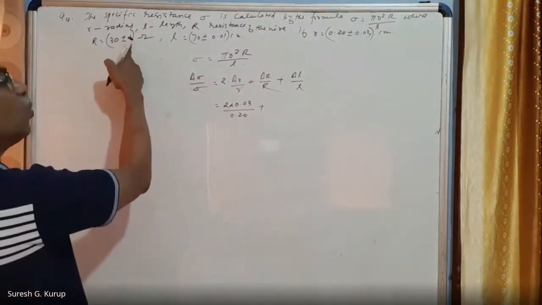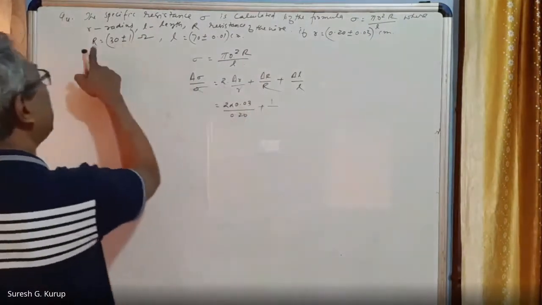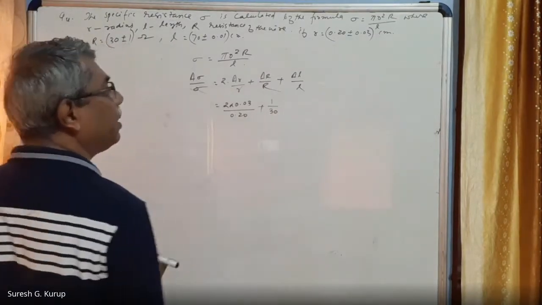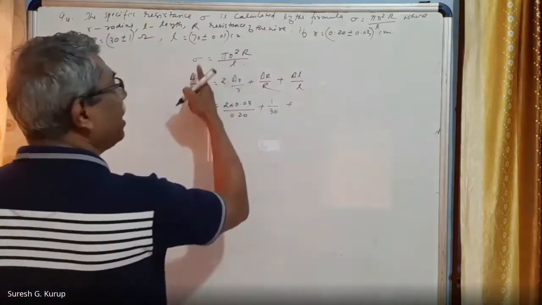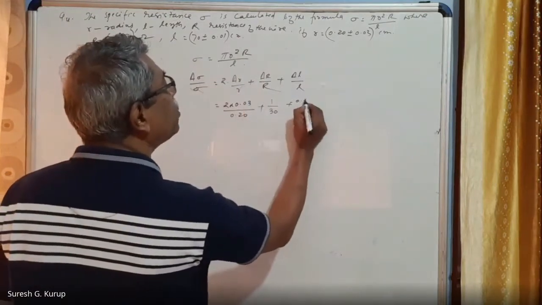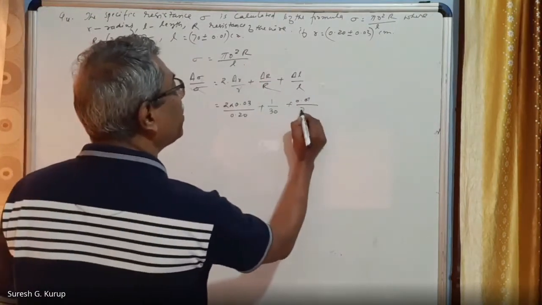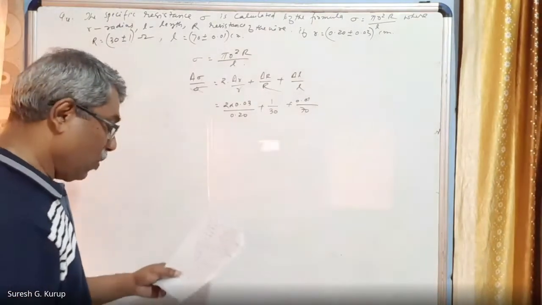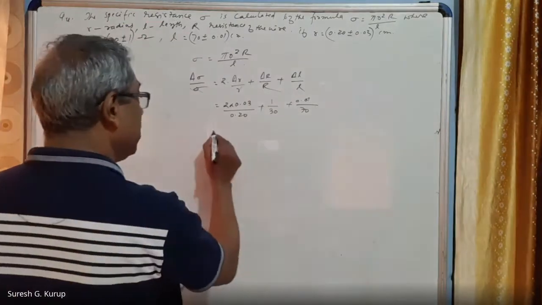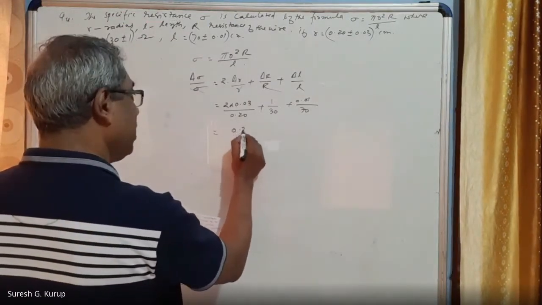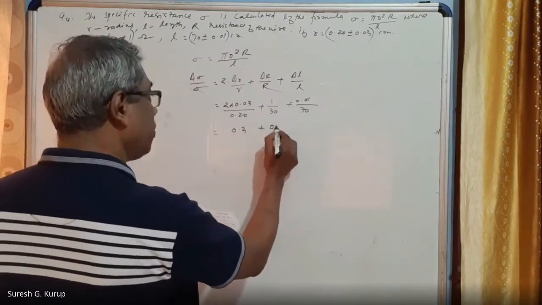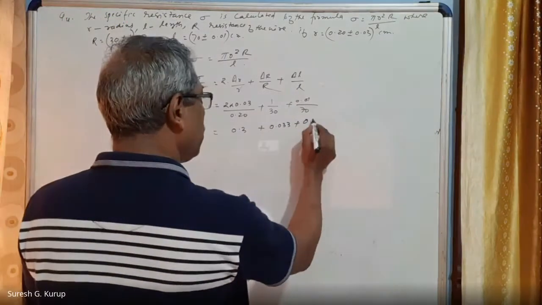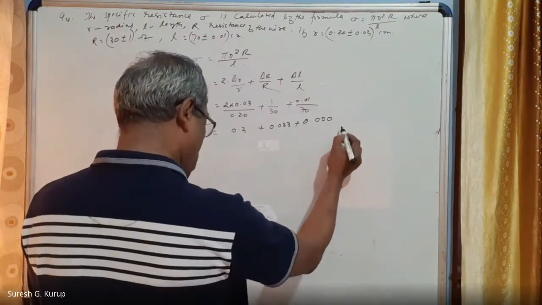Delta R means 1 divided by the real value, where the real value is capital R, that is equal to 30. Again plus L. Delta L is equal to 0.01 divided by L is equal to 70. You will write it like this, and when you do it, you will get the values. You will get 0.3 plus this, then 0.033 plus the last one, which you will get as 0.00014.